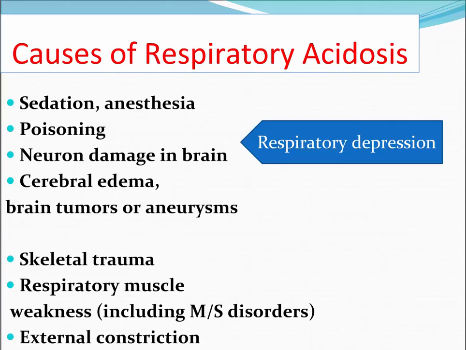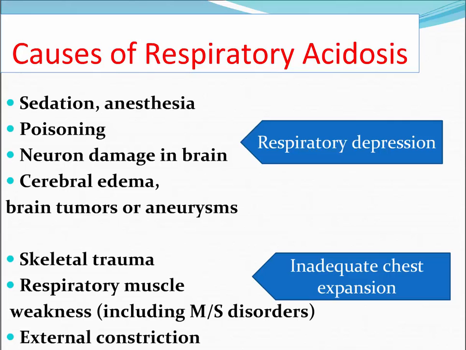Then your book also says there are some cases in which there is neuron damage in the brain that actually causes a respiratory depression that's physical in nature. And this could be caused, say, by cerebral edema. Even brain tumors and aneurysms could cause respiratory depression. And when respiratory depression occurs, hypoventilation results. And when hypoventilation results, there's just more carbon dioxide retained, and it's not being blown off, and that is why it's a respiratory acidosis. Another reason why hypoventilation can occur is